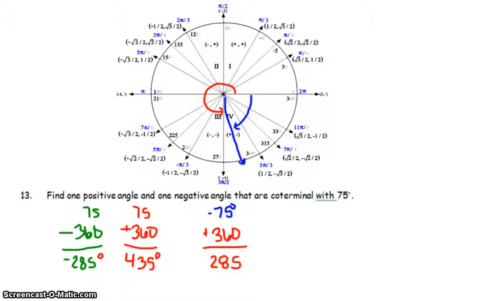Now, to find out what it is all the way around the circle, I'm going negative 360 and negative 75. So negative 75 plus a negative 360, which is really just negative 75 minus 360. And when I do this, I will get negative 435. One way to double check your answers is if I start with a positive, then my number